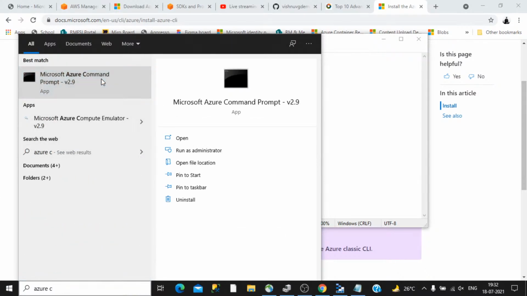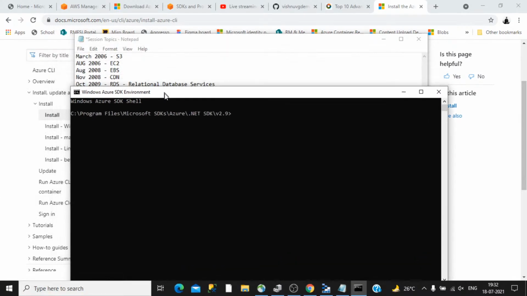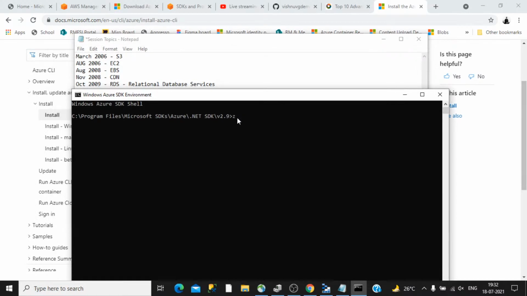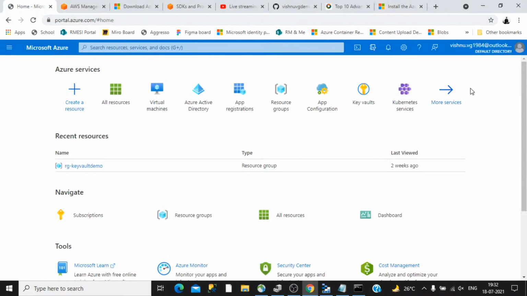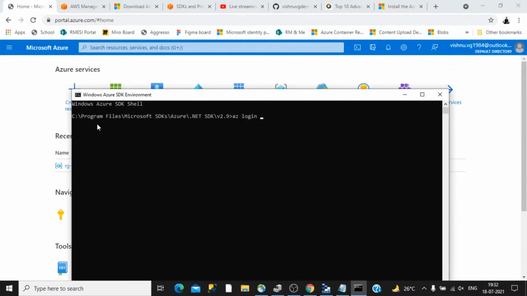This is what the command prompt looks like. You can type the command and log in. Right now I am not going to log in here. This is the command you can use to log in. All the things you can do with the graphical interfaces, you can do with the help of this Azure CLI, the command line tool, as well.